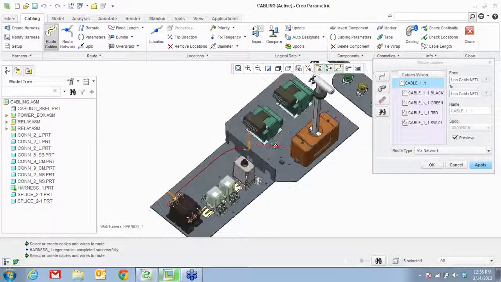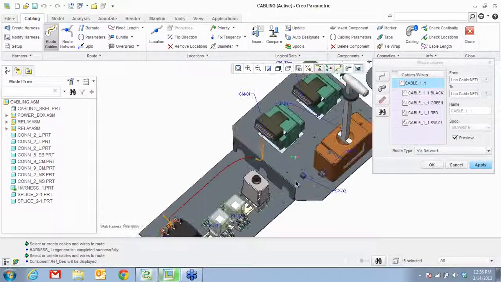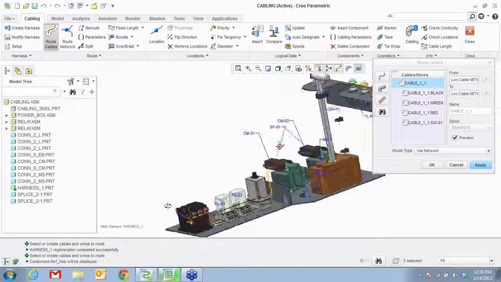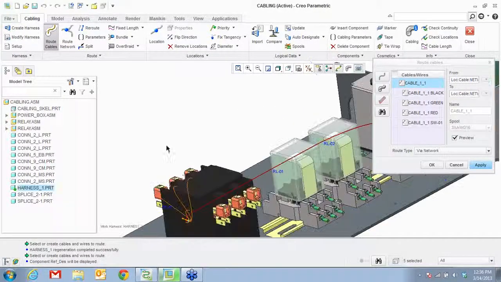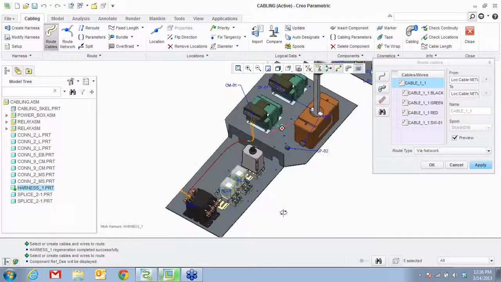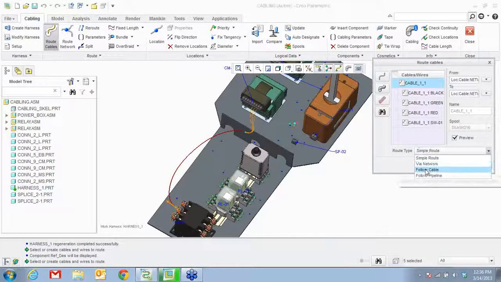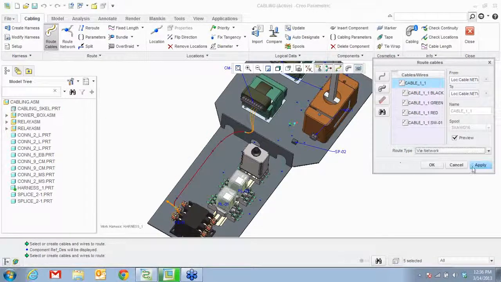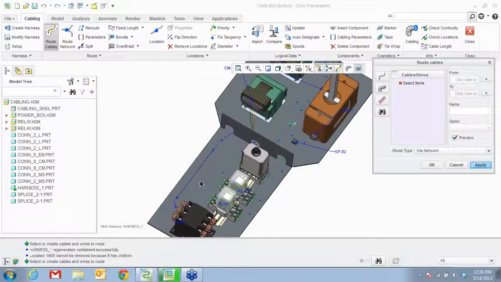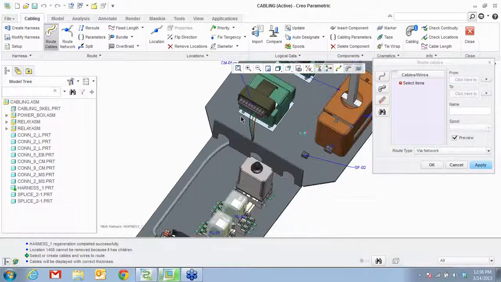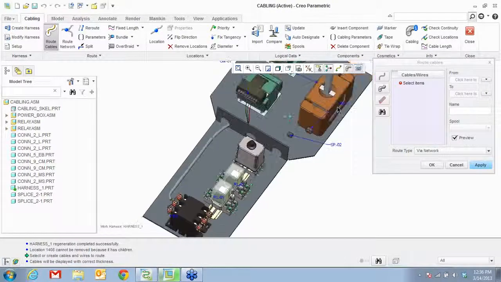and you see how it's going to show you a preview that it is going from CMO1 to PB01. It's kind of smaller right here. I can't show it to you right now. But you see the path that it is following. You can follow via network. You can go simple route. You can say follow another cable or follow another pipeline. You hit apply, and there you have it. You go to thick lines and you see that you have your wires and you have your cable.